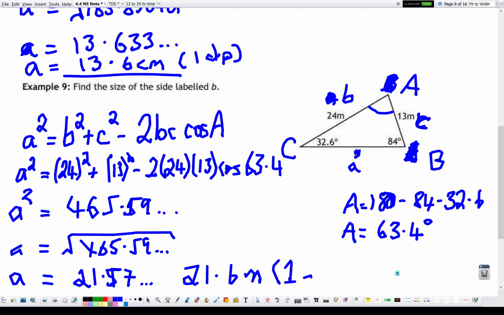That's really good. Right, I don't want to waste any more of your time for this period. You have 25 minutes of the double to practice some of this on your own, just using the cosine rule to find a side. It is the Unit 4 booklet, and it is just the next page on from where we did last time. It is page number